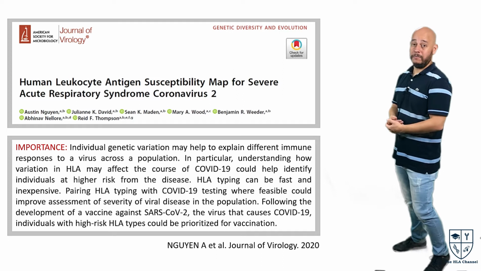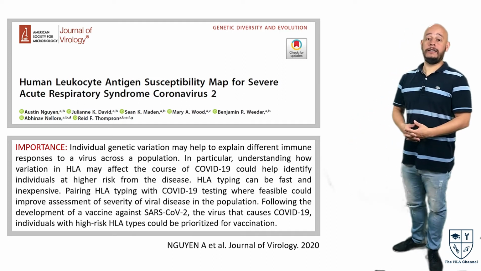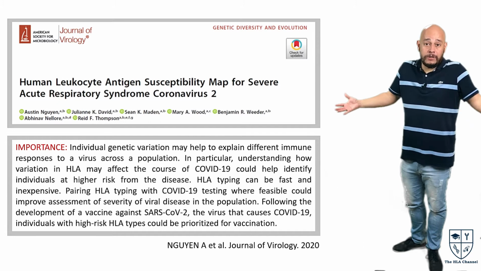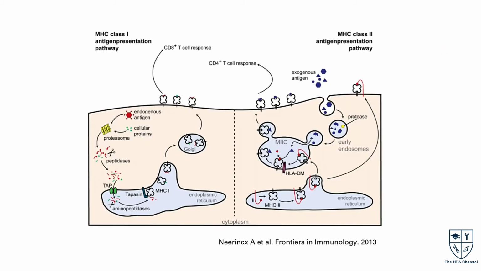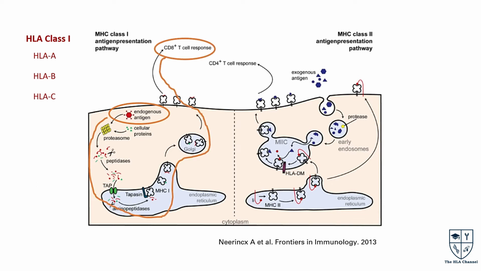Good. So this is why I study HLA, because it can help us in the COVID-19 fight. HLA encodes cell membrane proteins responsible for regulation of the immune system. We have HLA class 1, HLA-A, B, and C, and these HLA molecules present peptides from within the cell on the cell surface. If the cell is infected with a virus, peptides of viral origin will be presented so that the cell can be lysed by CD8 positive cytotoxic lymphocytes.